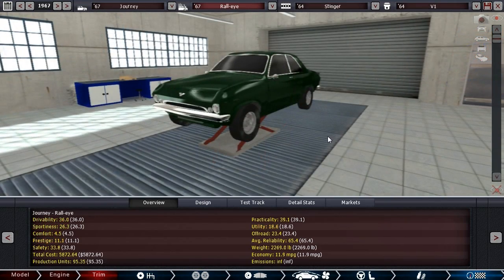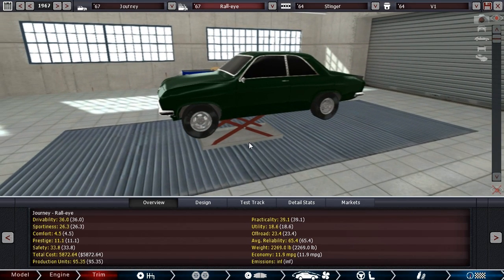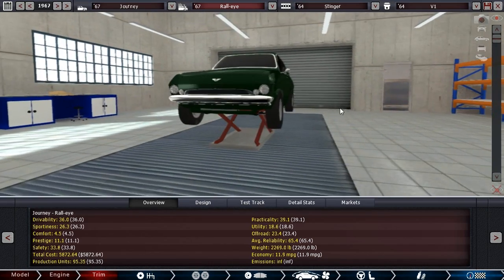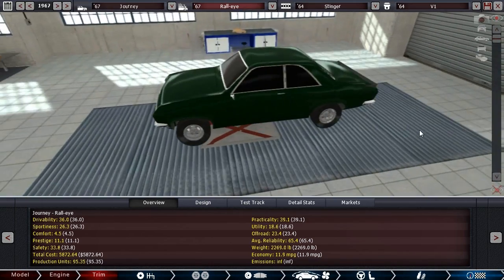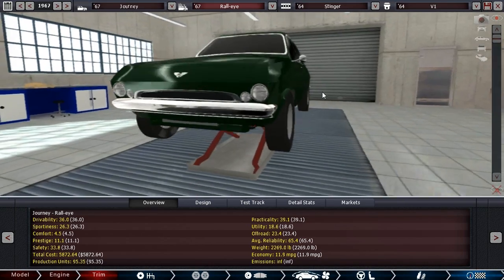Next up, it looks like we have the Journey Rallye. That's a funny name. Rallye. And this guy is done by PC Kelly, also known as Dudacious, I believe. I don't know. This is fun, getting to hack up everybody's names. Not really. I'm sorry. This is an interesting body, one we've seen before, maybe. And, well, the front,